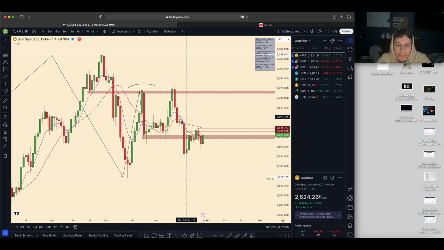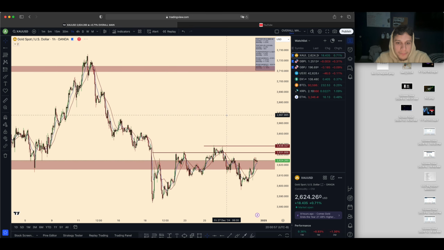So 2631 to 2638, that is our daily resistance. Now this whole area from 2620 to about 2640 is a confluence area for sales, just because it is a daily support, now officially being tested as daily resistance. So from your daily to your hourly time frame,